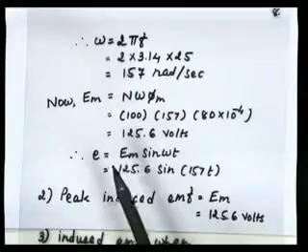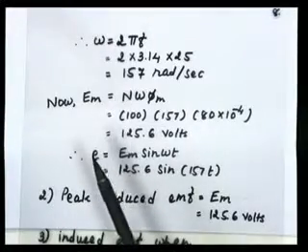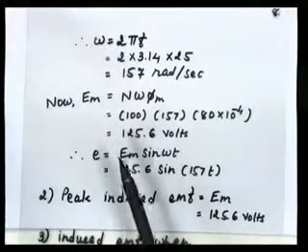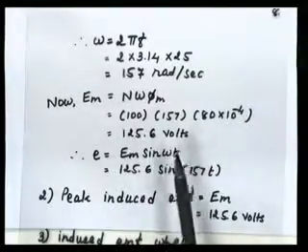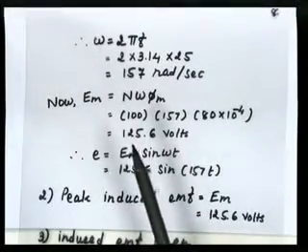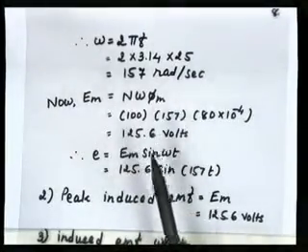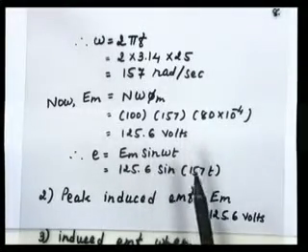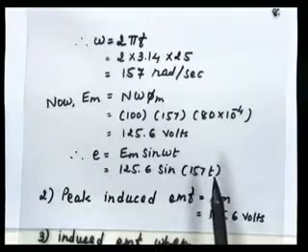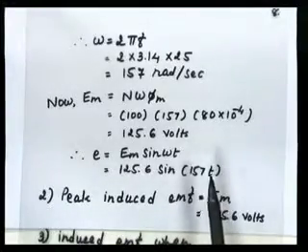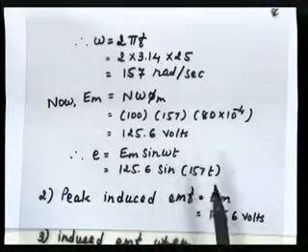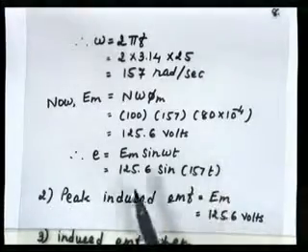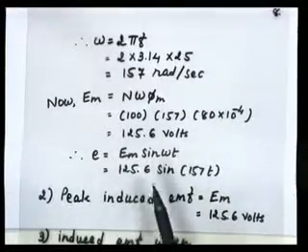So your equation for the instantaneous induced EMF is E equal to Em sin omega t, where Em is known, which is 125.6. So it is 125.6 into sin of 157 into t. T indicates that it is the instantaneous value. Whenever the value of t changes, your instantaneous value will change accordingly.